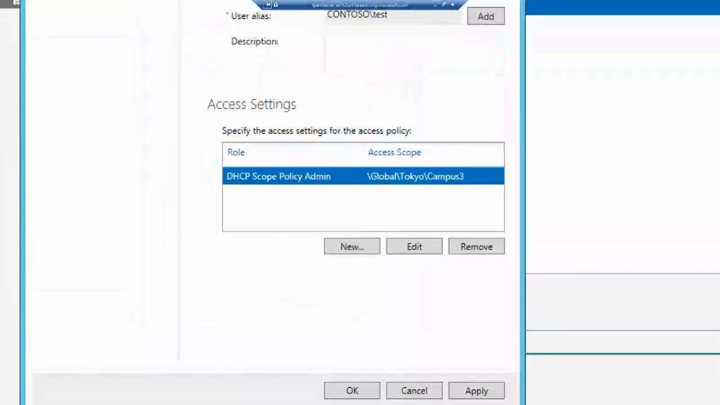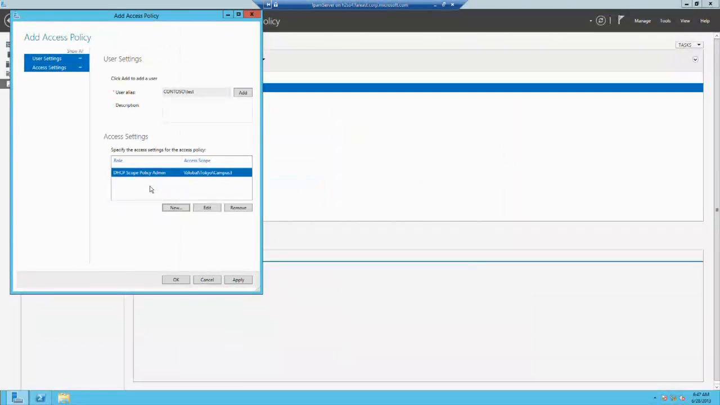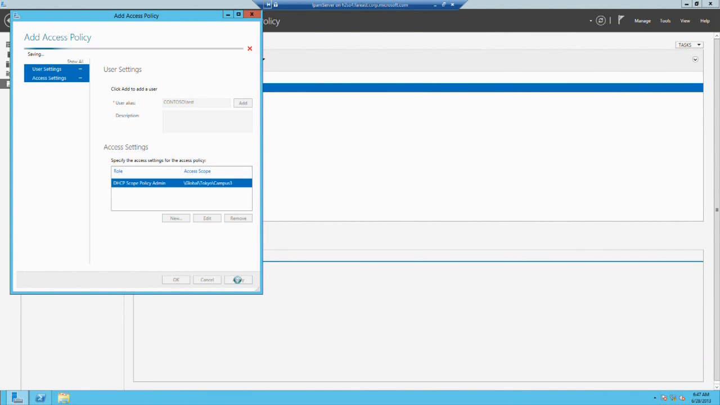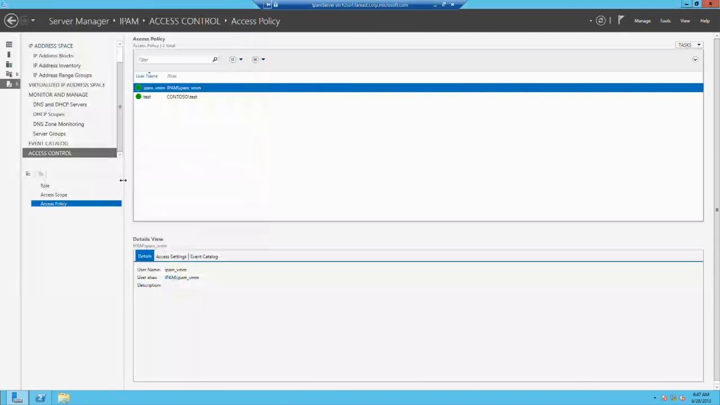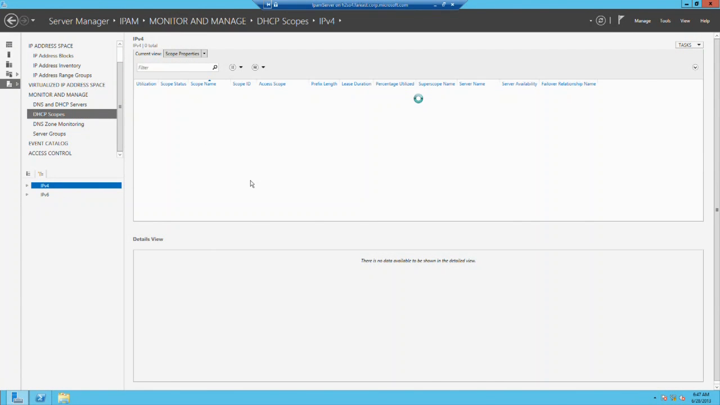Let me just zoom for a minute to show you what I just did. I specified a user, an actual user identity, specified a role, and specified an access scope. So all three are bound together in this access policy. And I'm going to hit apply, and that is now created. It is now creating this access policy on the IPAM system. Next, what I need to do to complete this exercise of delegation is to